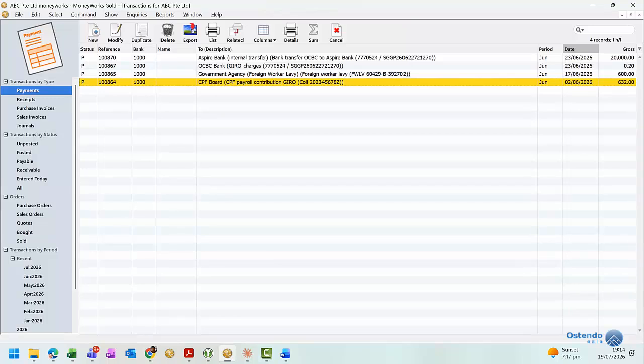So that's the end. MoneyWorks AI should be treated as an assistant. It helps you work faster, but the final review should still be done by your accounts person or a responsible user. If you are using MoneyWorks and would like to test how AI can help your accounting,